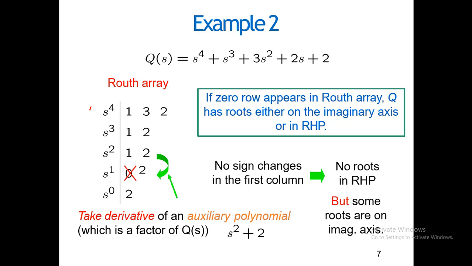First thing that you have to write is basically to set the Routh array table, starting from S4 to S0. You have done the same process, and the coefficients are there as they are. But when you get the 0 value over here, the thing that you do is basically you have to take the auxiliary polynomial, and after that you have to take the derivative of that. So the auxiliary polynomial for this place turns out to be s square plus 2.